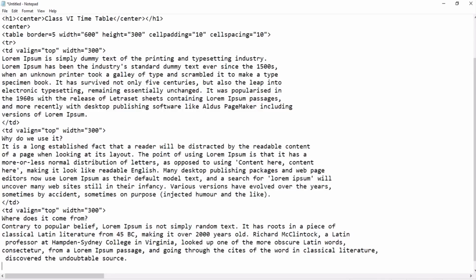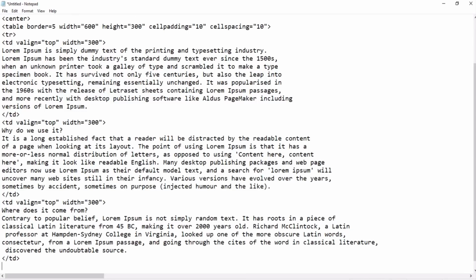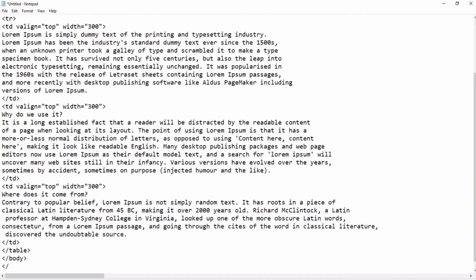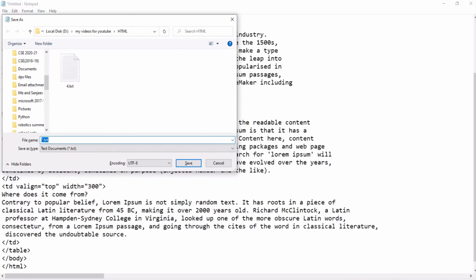Done. Close the TD tag. Which tag do you have to close? The table tag, body tag, HTML tag. Done. Control S.